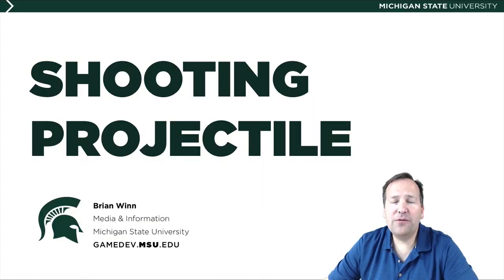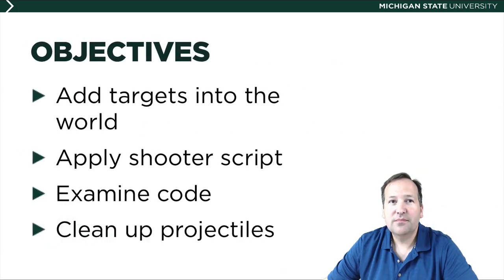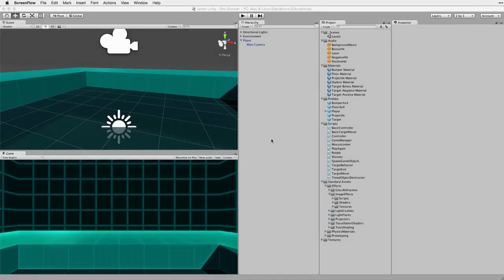In this video, we'll add a few targets to our scene and give our player the ability to shoot projectiles. Our objectives will be to add a few targets to our scene and apply the shooter script so we can shoot projectiles. We'll examine this script and make sure the projectiles destroy themselves after a period of time to keep our game running smoothly. Okay, we want to create 3 targets out in front of the player to have targets